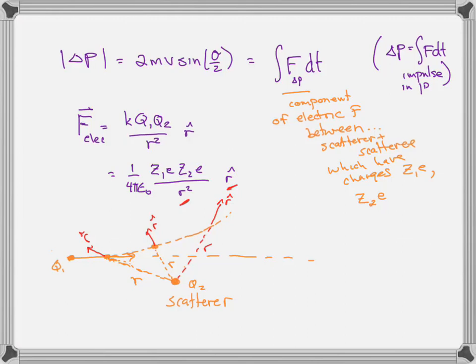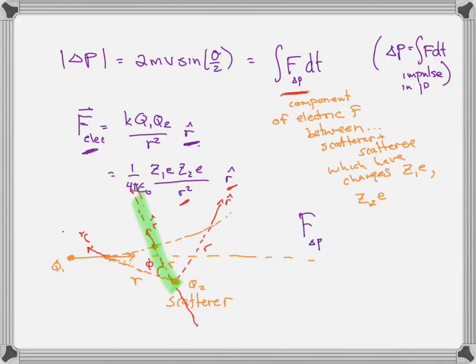Okay, so what we're going to do is call the angle between, again, remember the axis we're interested in is the component relative to that central axis. So let's just pretend that's the central axis, which we call the delta P axis. And the angle is going to go from minus phi to positive phi or something like that. This is a different angle, right? This is the angle that the radial vector makes with the delta P axis. So therefore, F sub delta P, because the electric force is in the radial direction, the component along the delta P axis is